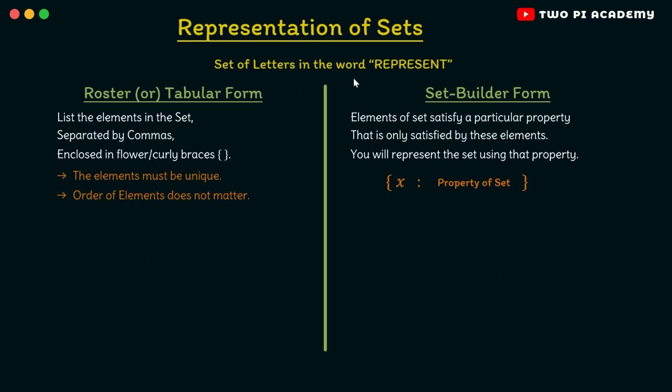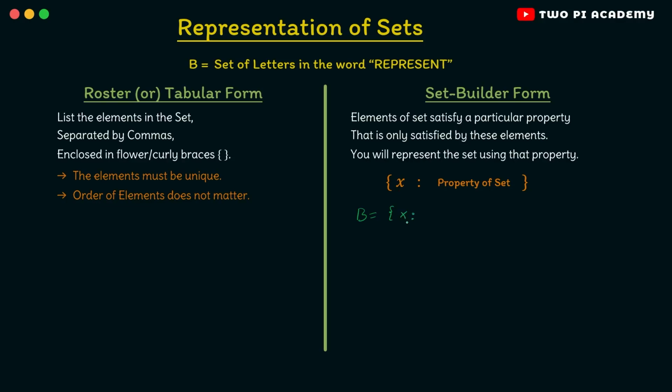The set of letters in the word represent. Let us call this set capital B. So first, let's represent this in the set builder form. To represent that, you'll first write the name of the set. Capital B is equal to, you'll use flower braces to denote that it is a set and the generic element